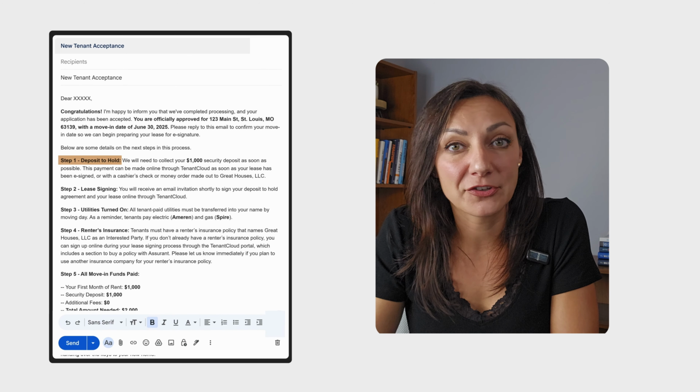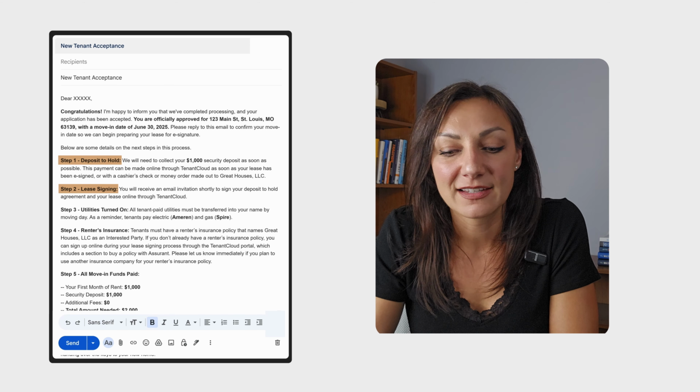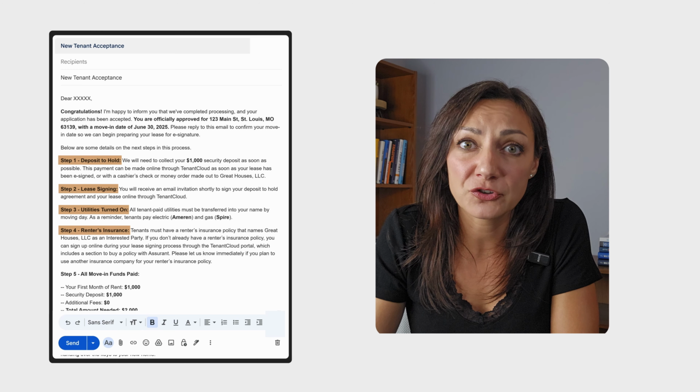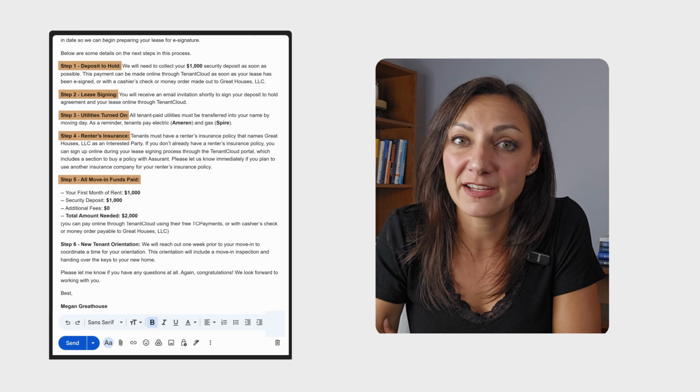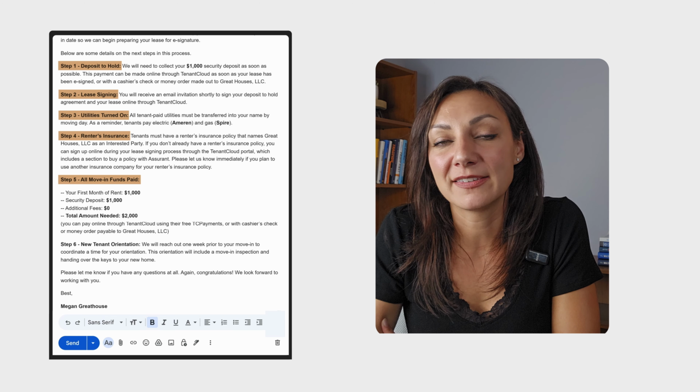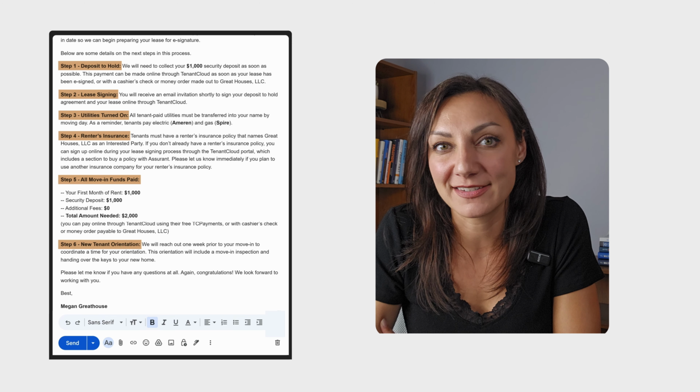They're gonna need to pay the security deposit, sign the lease, turn on utilities in their name, buy renter's insurance, pay the first month's rent and any additional fees. I have a one-time pet fee if they have pets, and make sure that they schedule a time for their new tenant orientation. It's really important to collect their security deposit as soon as possible, and do not take the